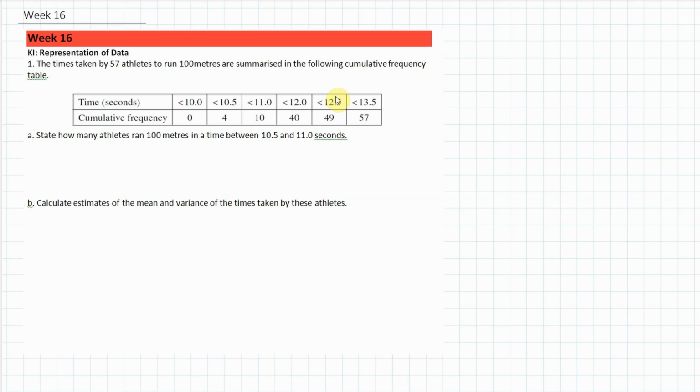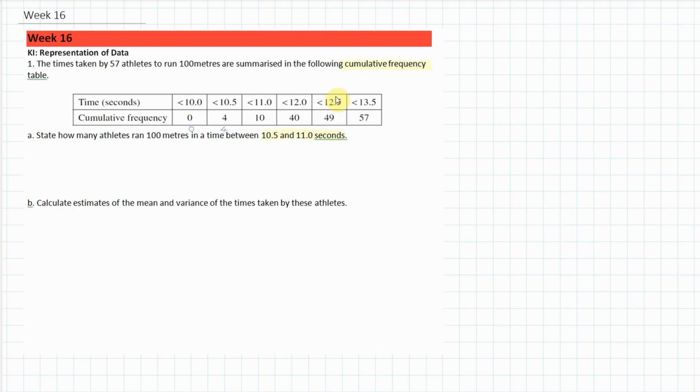So the first question we have here, we've got these athletes running 100 meters, and we've got their times summarized in a cumulative frequency table, so it's important, cumulative frequency. We've got to state how many athletes ran a time of between 10.5 and 11 seconds. Now, because it's cumulative frequency, we probably want to convert